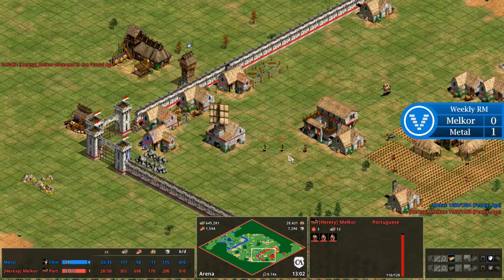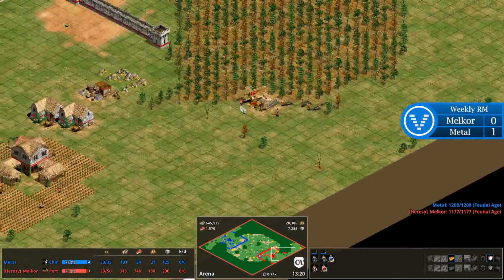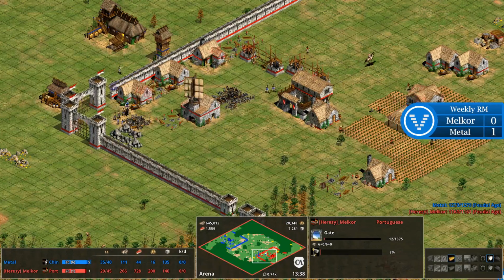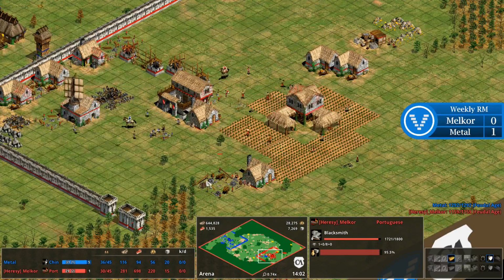Lots of archers, though. Melkor's going to need to do something about... No wood. And he's just going to lose villagers to the archers again. Building the stone walls is just too slow, he's not getting enough HP, the villagers are killing them way too quickly. Denying some time, sure, but...